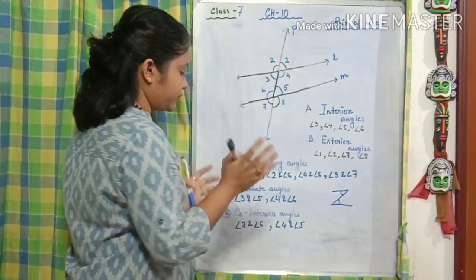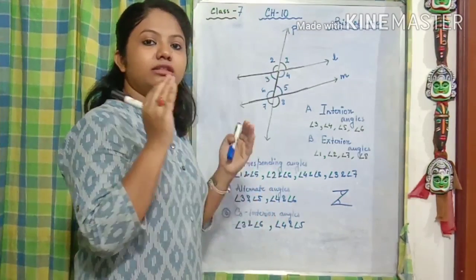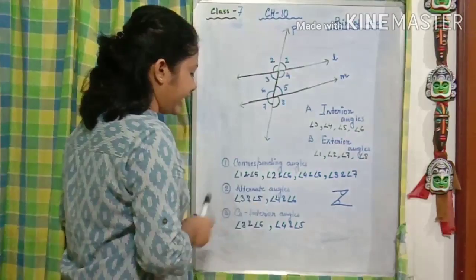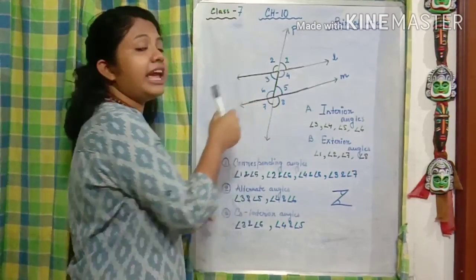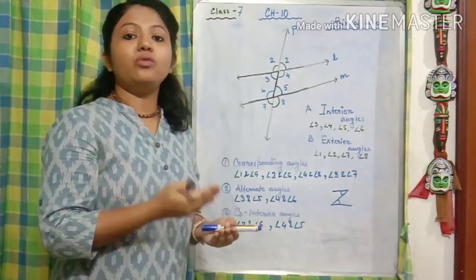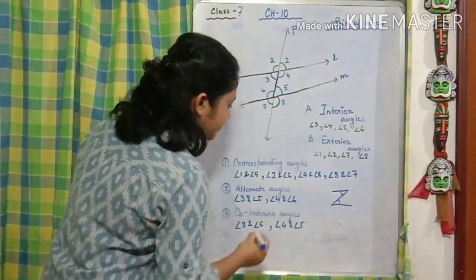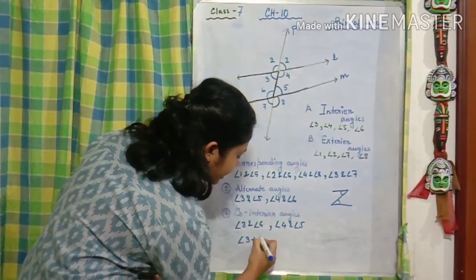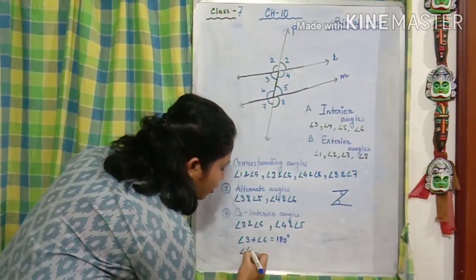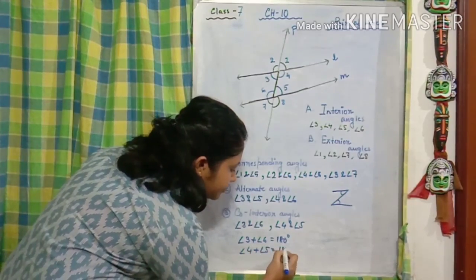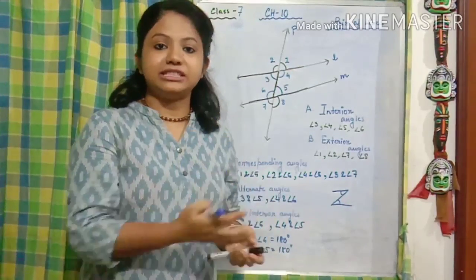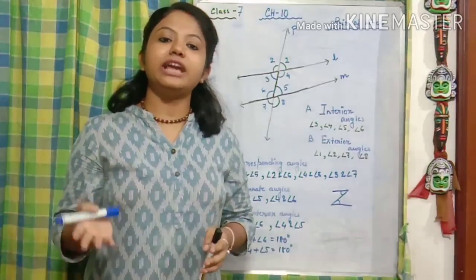Okay, so this way we can say that alternate angles, the degree or the measure of the alternate angles are equal to each other. But in case of co-interior angles, they are supplementary to each other. That means the summation of these two is equal to 180 degree. That means we can say that angle 3 plus angle 6 is equal to 180 degree, and similar goes for angle 4 and angle 5 also. Okay, so these are the properties and these are some of the basics based on which we are going to do our exercise next.